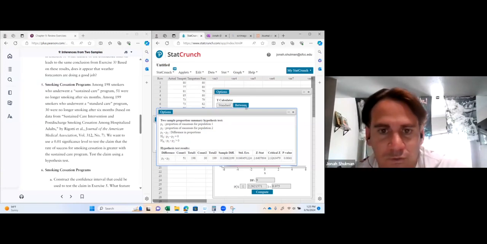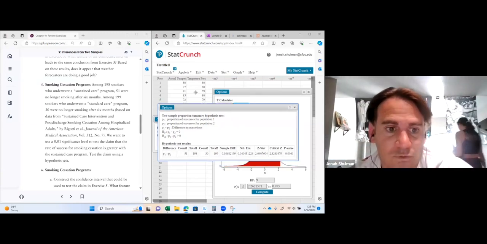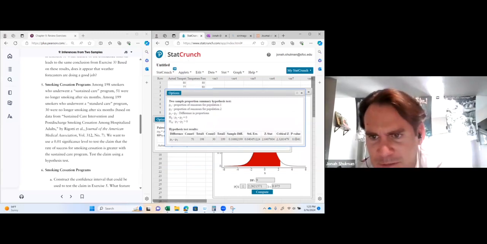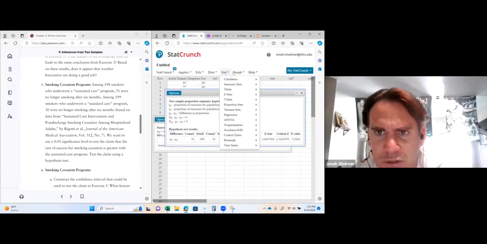0.0041. So it is significant, which is great for us. It's really good. Since we have something significant, we are good to go. So test the claim: it is significant. If you want to look at it on the little table, like I keep showing you, we can pull up